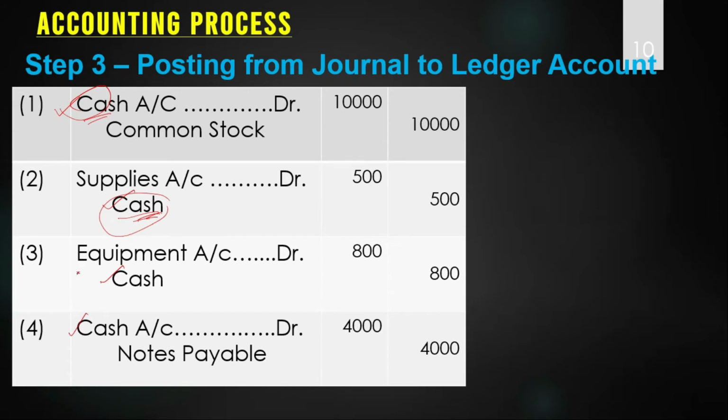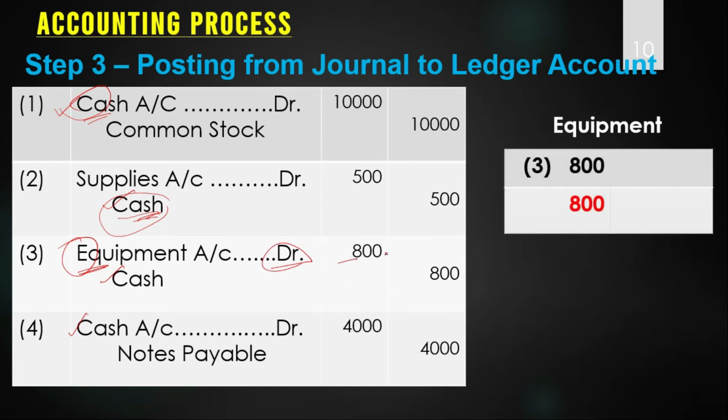Now after that we get the equipment account. Equipment account is to be prepared. Equipment is debited, so come to the debit side and post the amount this way. And then we look for equipment in the other entries. No, there is no other equipment in the other entries. This equipment will have a debit balance because we don't have any amount on the credit side. So equipment account is also over and we found the balance as debit. Then again comes cash account. As I told you, cash is not required to be prepared again.